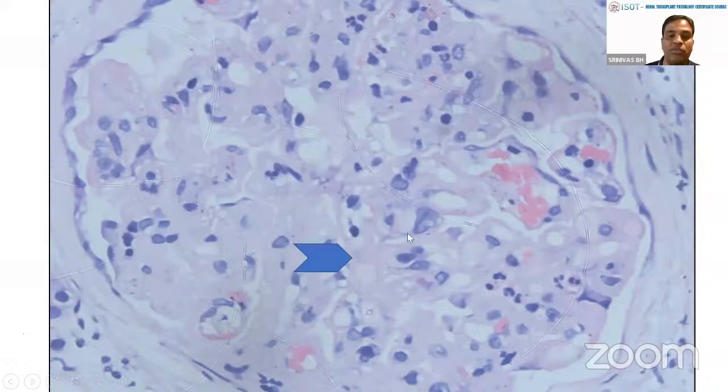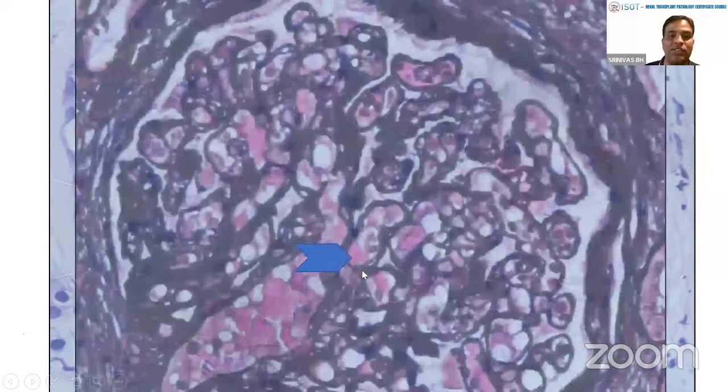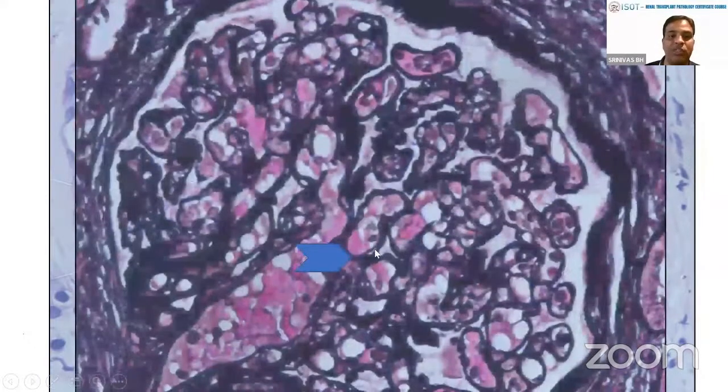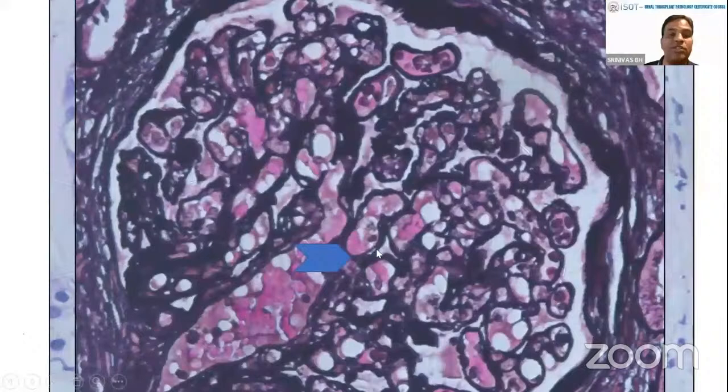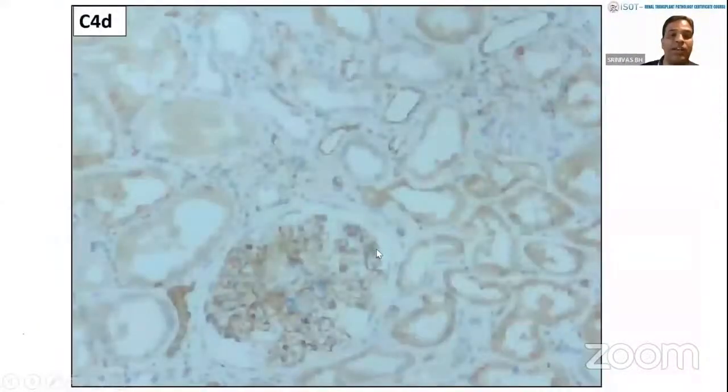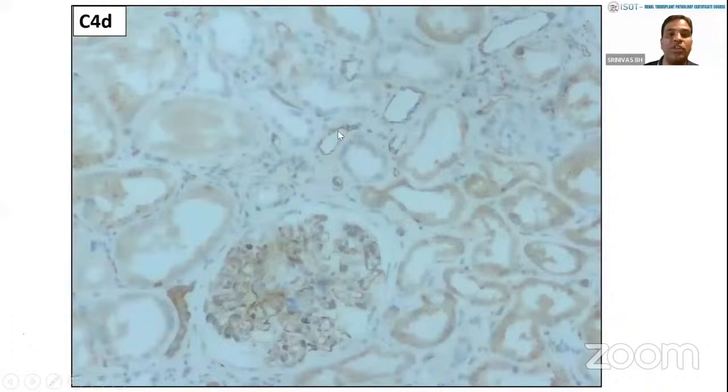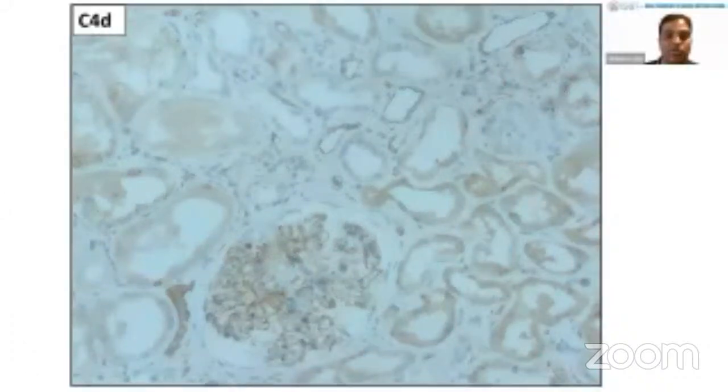Many of the glomerular basement membranes are showing basement membrane duplication. You can appreciate here the double layer of the basement membranes, and even the silver stain shows the basement membrane duplications. And in the C4d stain, there are many peritubular capillaries showing circumferential positivity. So that is a case of transplant glomerulopathy, fitting both basement membrane duplication as well as PTC